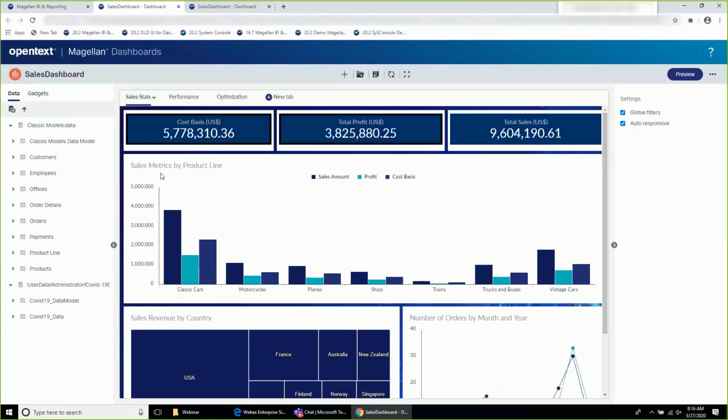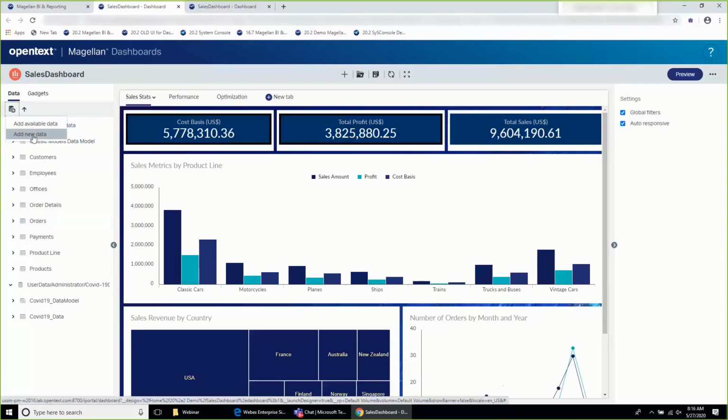So to add the COVID-19 data to my dashboard, I go to this new data panel that you see here on the left. It exposes all the data fields available to my dashboard. And from here in the upper left corner, we have this new option to add new data.